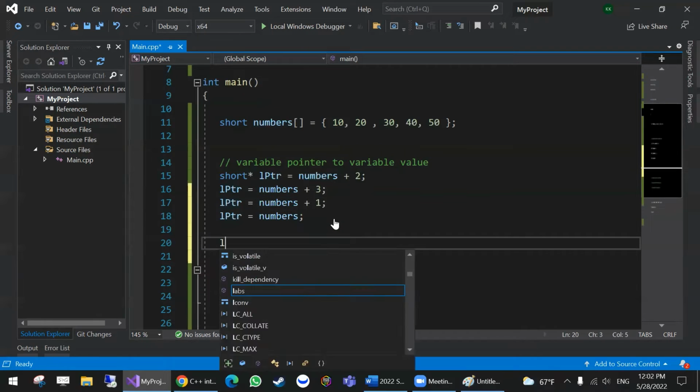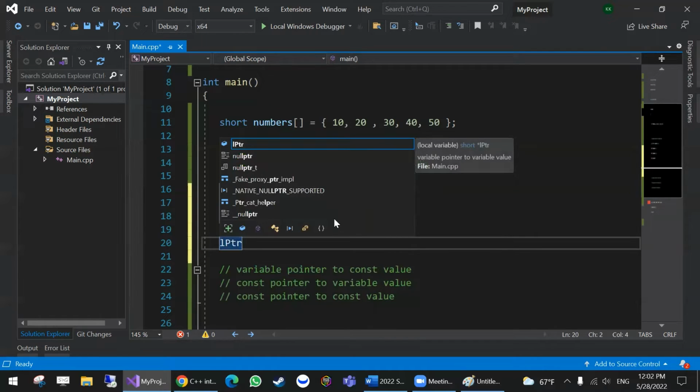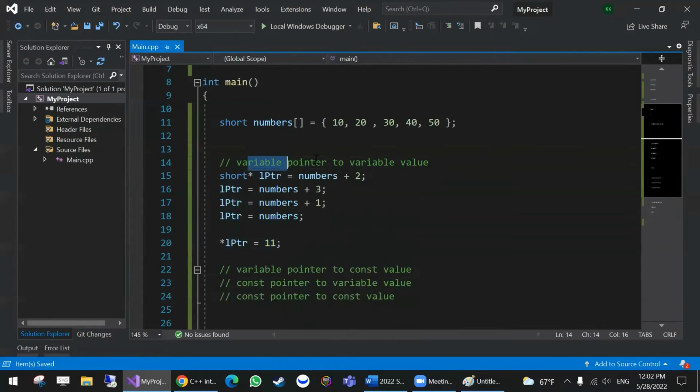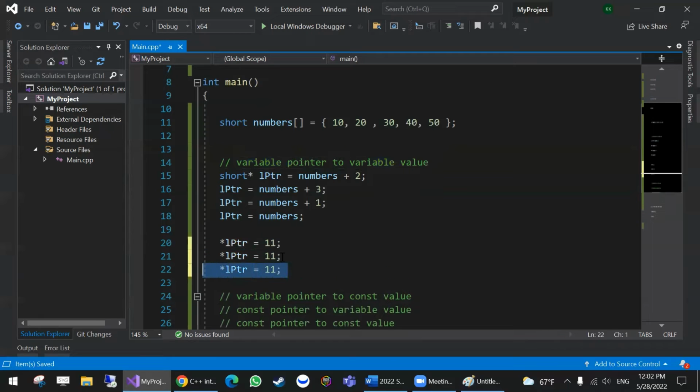I can also dereference it and give it values. So it's a variable pointer. I can give it different memory addresses, pointing to variable value. I can dereference it and give it different values. Variable pointer to variable value. Then we have variable pointer. So if you want to take a print screen or whatever, then we have a variable pointer to constant